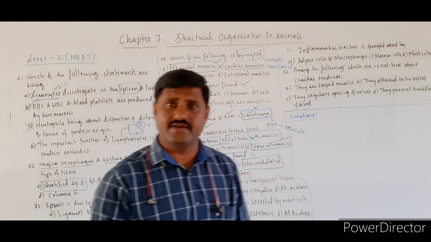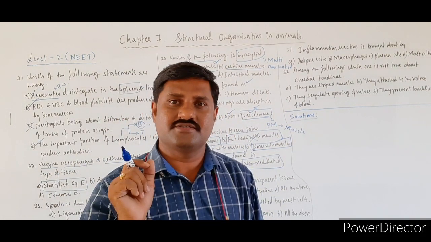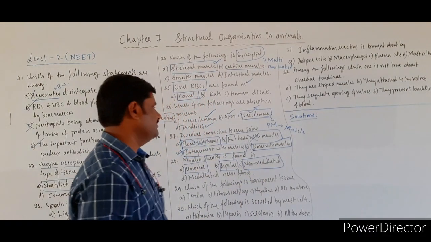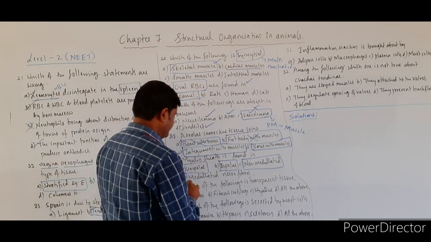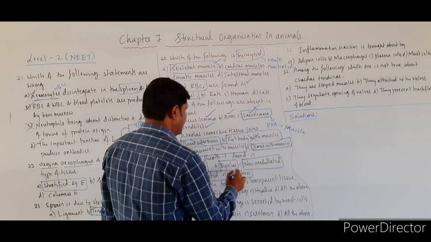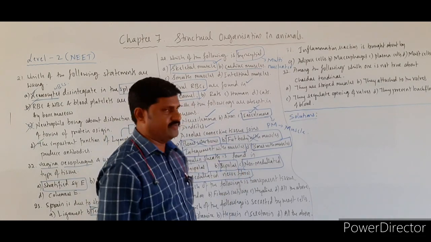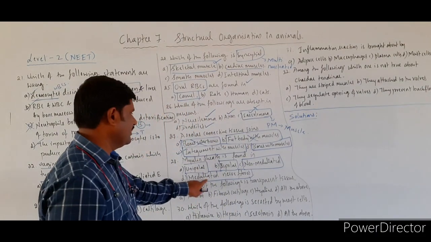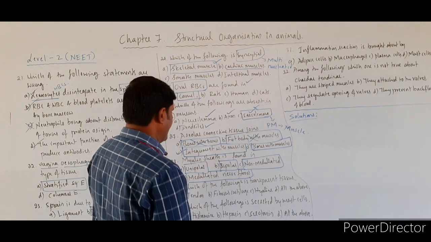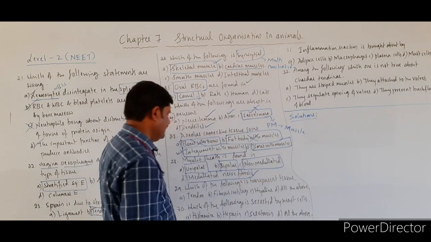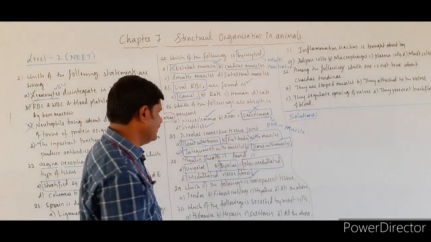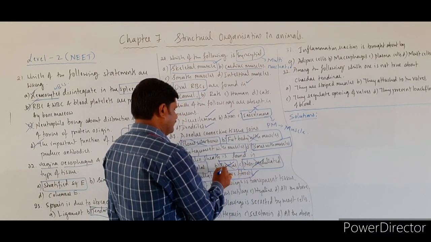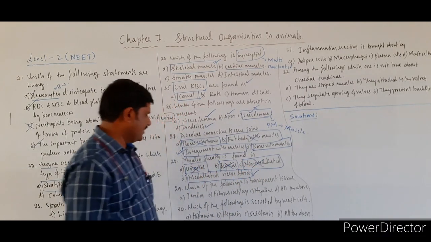What are non-medullated neurons? Neurons whose axon is not surrounded by the myelin sheath. Medullated nerve fibers are nothing but myelinated nerve fibers, which are surrounded by the myelin sheath. That's why the myelin sheath is usually found in medullated nerve fibers, that is, myelinated nerve fibers. It is not at all seen in non-myelinated, bipolar, or unipolar ones.